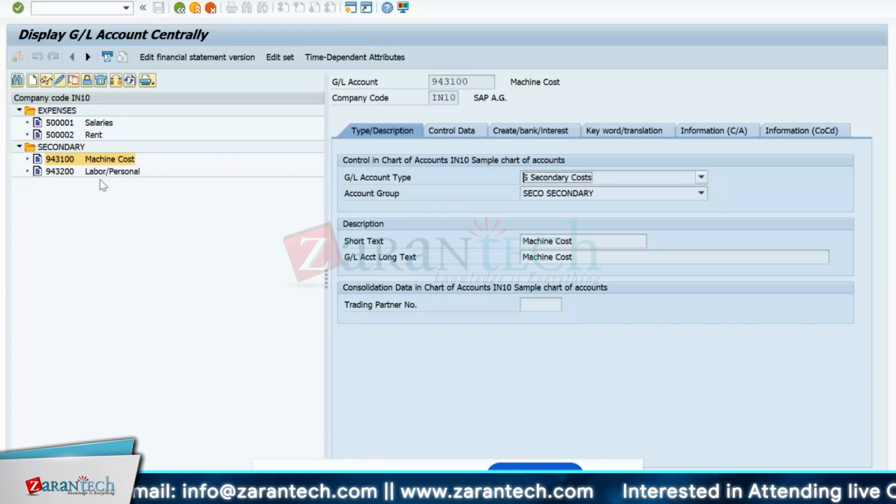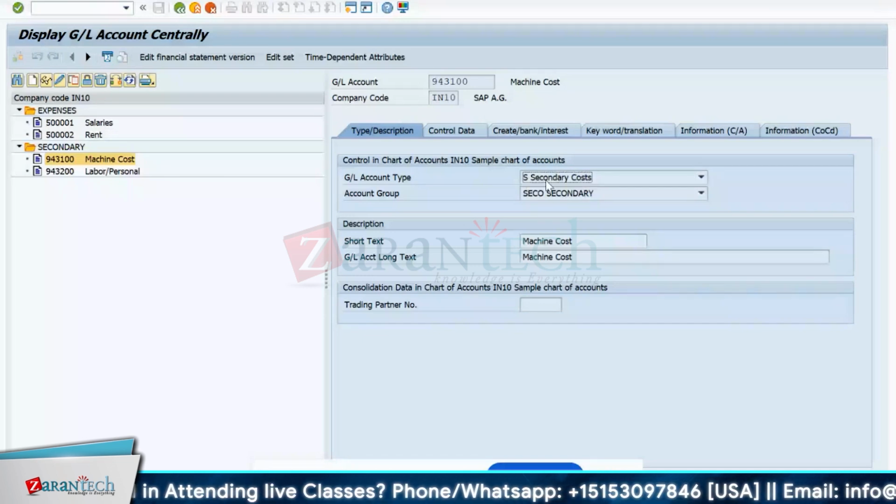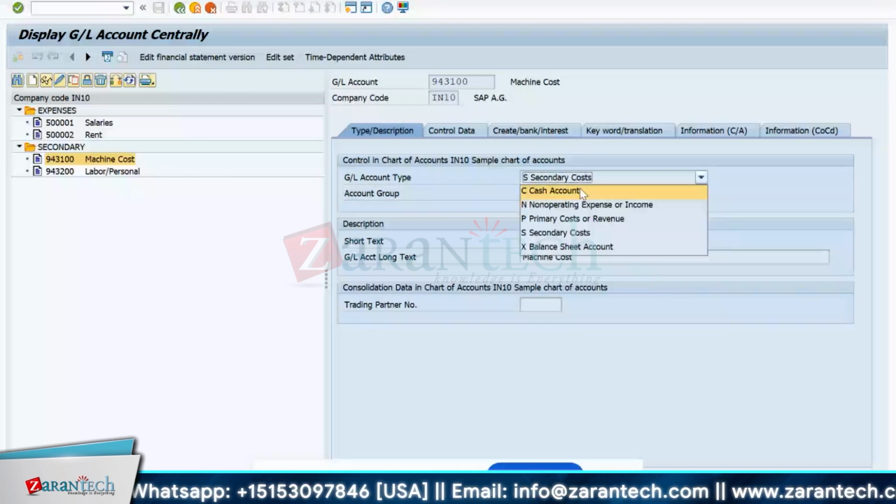That is fine, because we are talking about the GL account. But my question is, with this GL account type, what is the additional feature it is giving me here? If you don't define it, then how will you define it? Let's say it's not available here. It's good, you can bifurcate your accounts. By selecting this, you will get to know what kind of account it is,